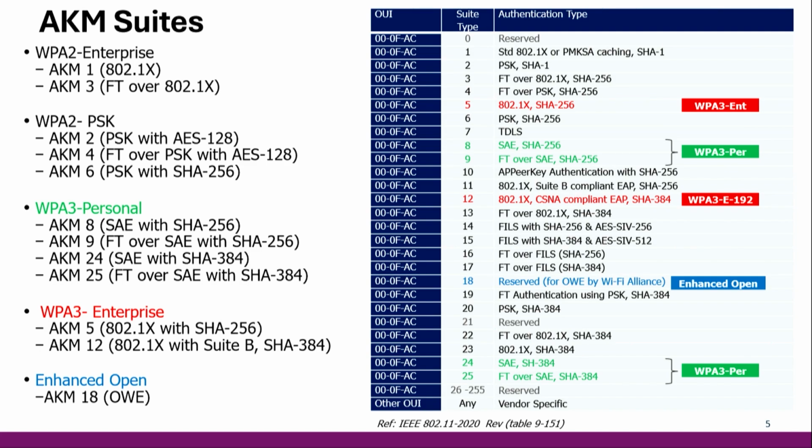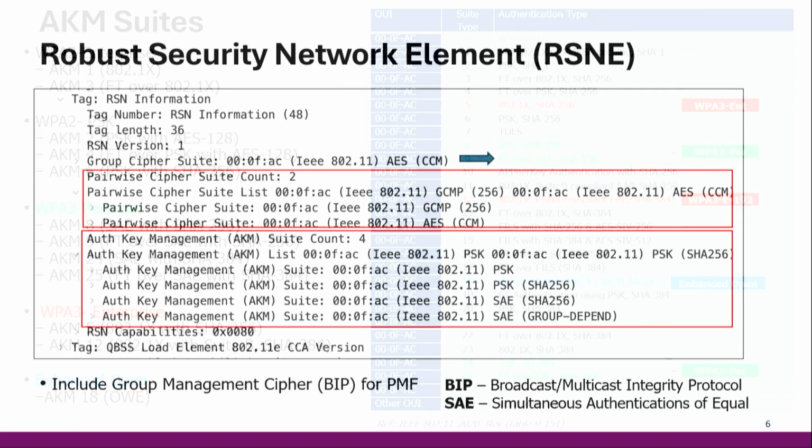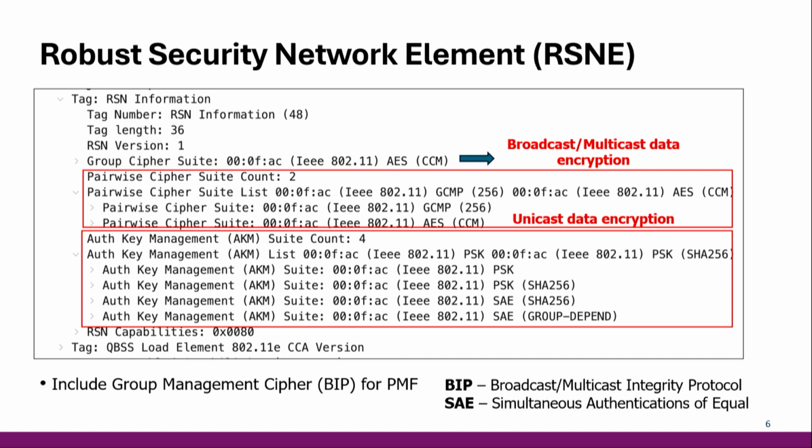Now, as a client device, when the AP advertises this capability, it needs to decide which method to connect with. That's why client devices look at an element called the RSN element. In the beacon frame or probe responses, this information goes. In this particular example, they say use AES 128 for broadcast multicast data, and either GCMP 256 or AES for unicast data encryption. For authenticated key management, 4 different values are advertised. The client has to choose the highest security first, and failing that, fall back to the